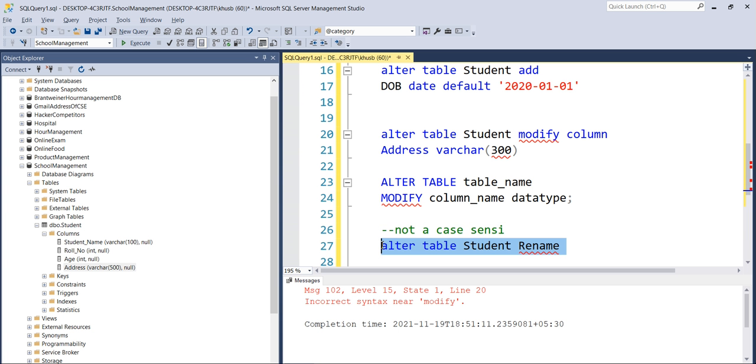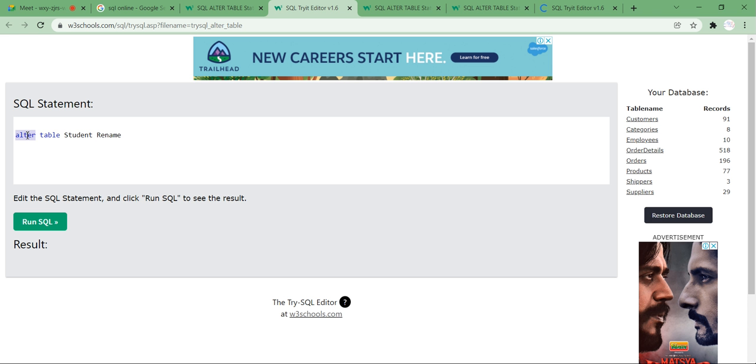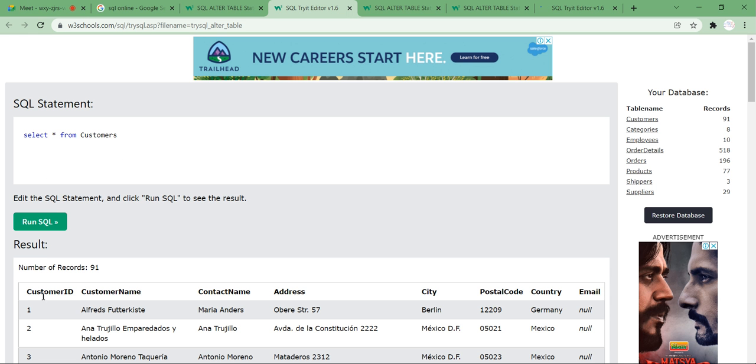Alter table, and we want to rename, right? For that we first need to see which columns are present in our customers table. So let's say we have an address here, right? So I want to change this address to location.